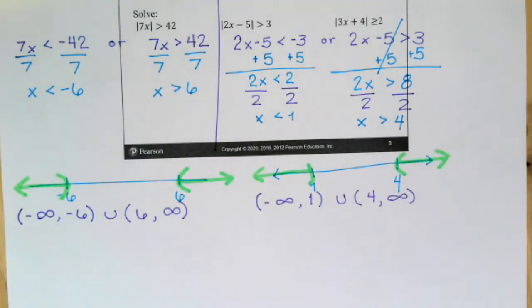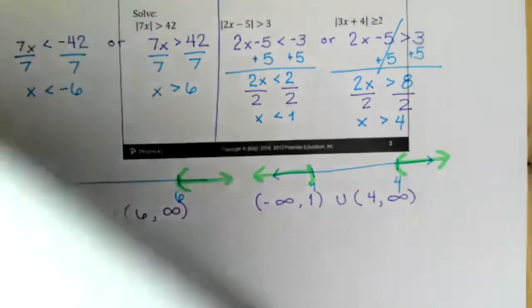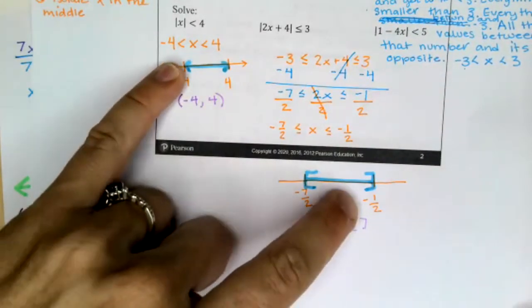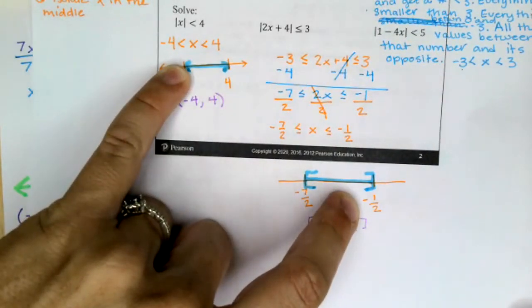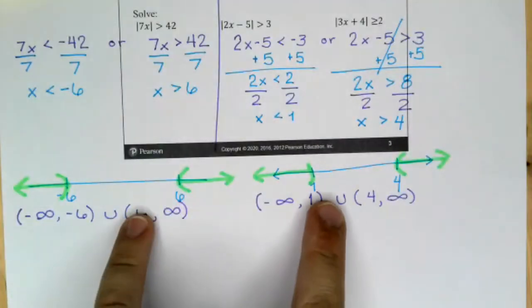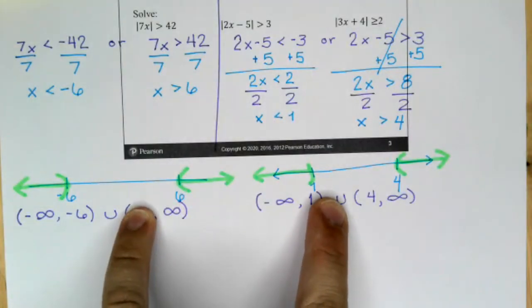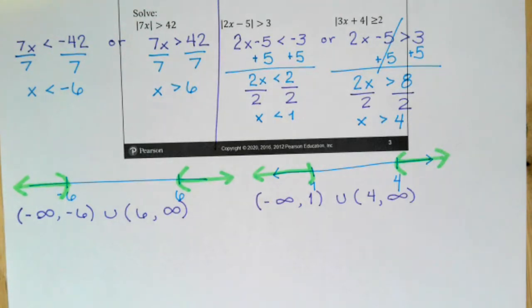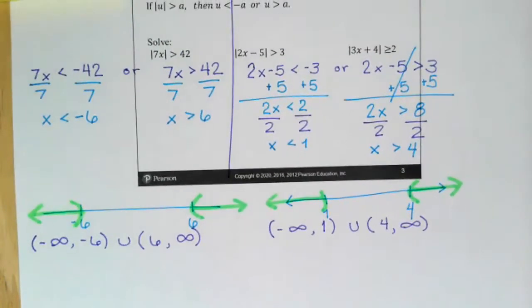So are you seeing how with less than, our graphs look like this. With greater than, our graphs look like this. All right. Last one